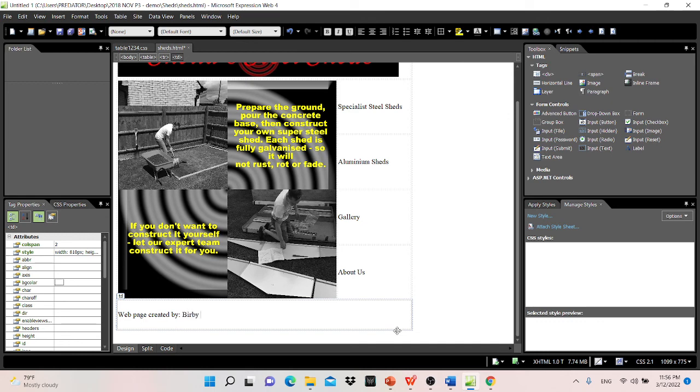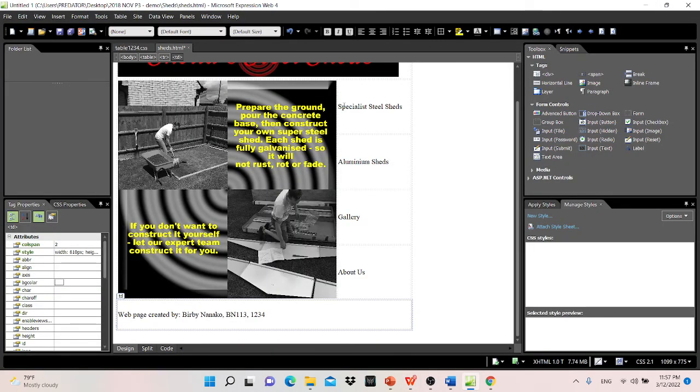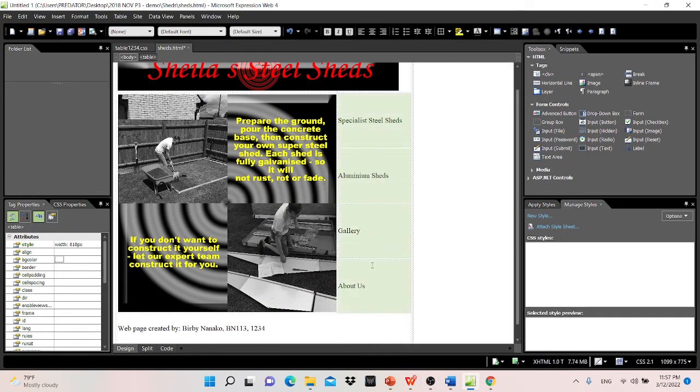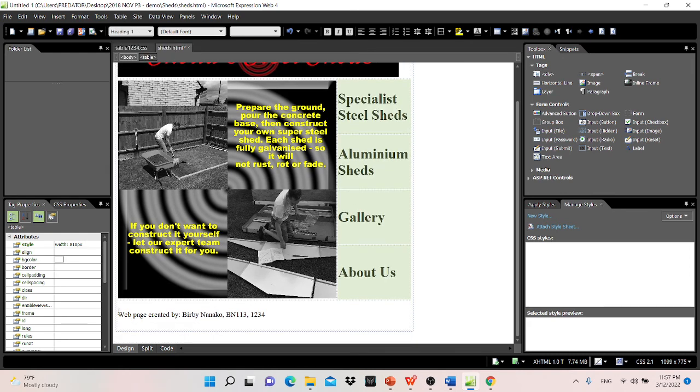Let's say, for example, this is your full name, and then center number and candidate number. Okay, and then set all these tags to H1. So all these tags you set to H1, and followed by this one,